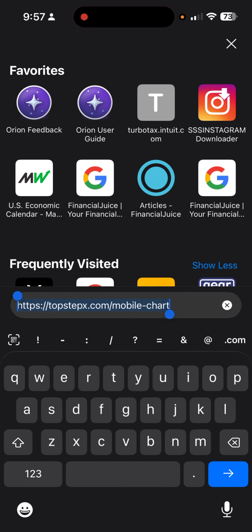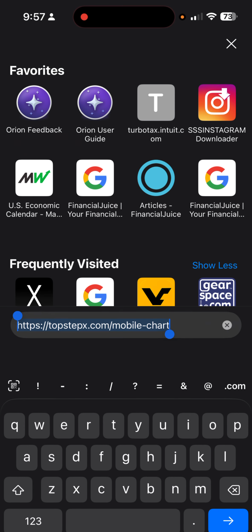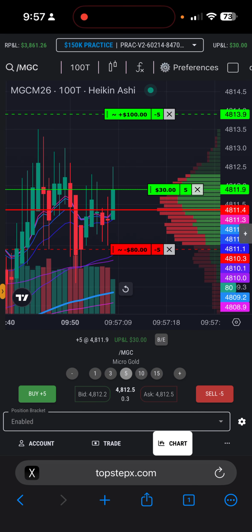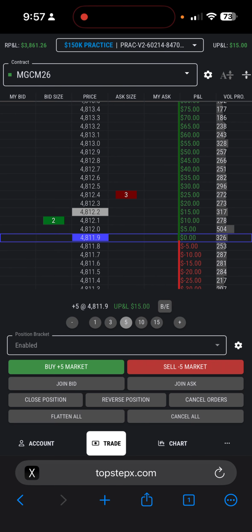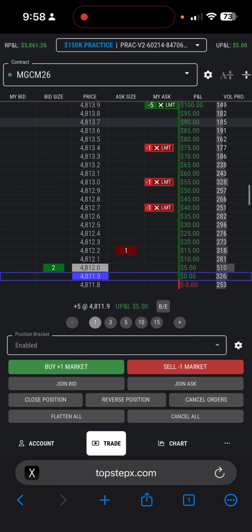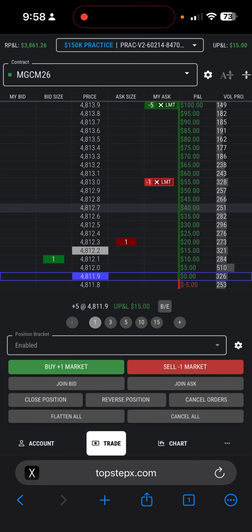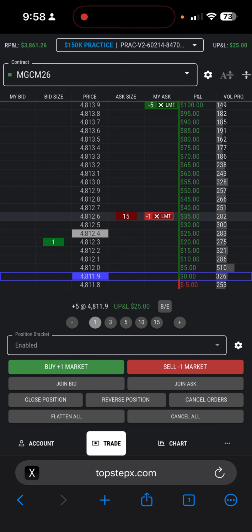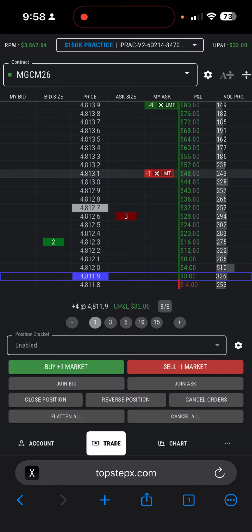And then here's something you can do too. When you're winning, so let's say we're up a little bit, you can take one contract and offload them up to the target, because sometimes it won't make it to your target, and then if you do take a loss, you don't take a loss on all 5. So I might do that, right? Actually, order filled. Just to lower the risk a little bit.